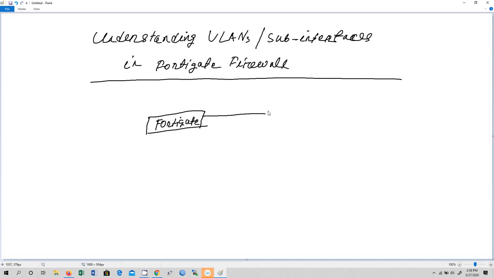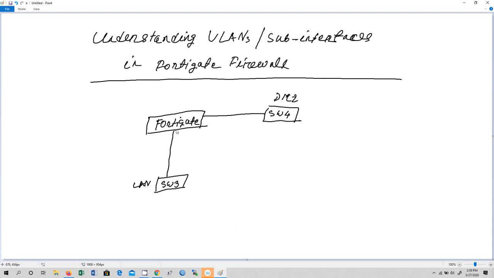We are going to have switch 4, SW4, here in the DMZ zone, and one more switch, switch 3, in the LAN zone network.